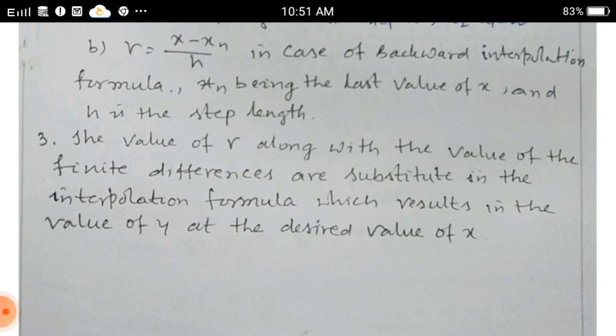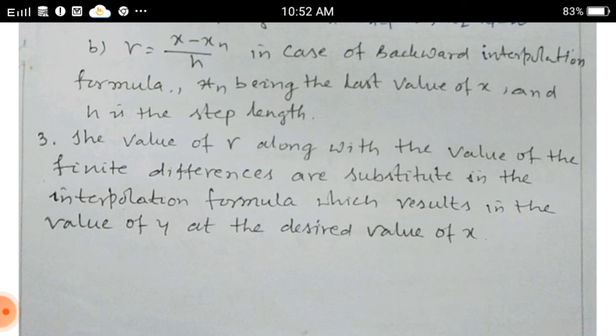And for the last value of the table, xn corresponding to yn, in every column take the first value from the bottom of the table. So del yn, del square yn, del cube yn, and so on are called leading backward differences. You may substitute in Newton's backward difference formula, with h, xn and yn, and simplify, you get the desired value of y.